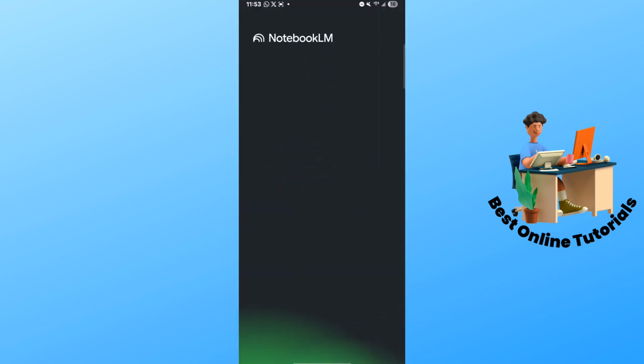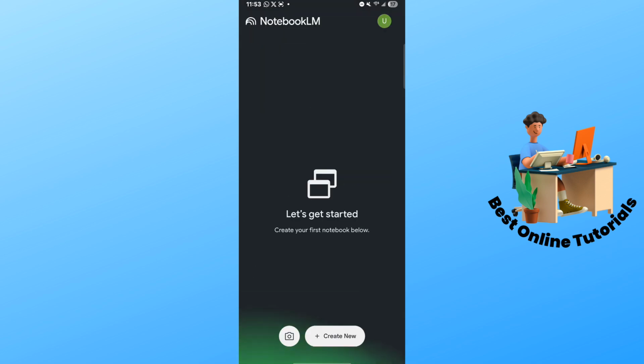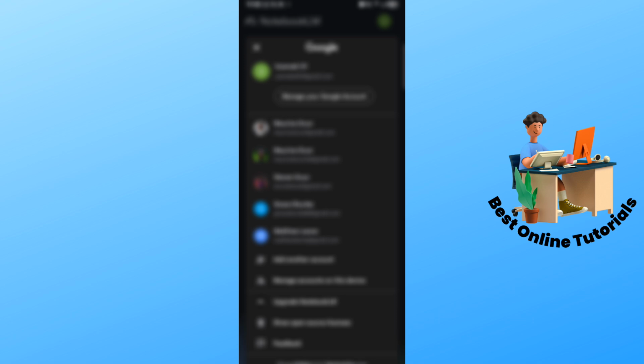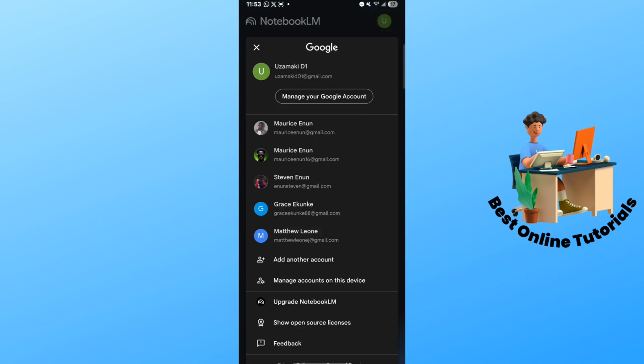And like I said earlier, once you've opened up the application, go ahead and click on get started. Just click on OK. And your account would be automatically signed in. You could just simply select any account on the list here to simply sign in using that account. All right, and if you don't see an account option, just go ahead and log into your Google account, and